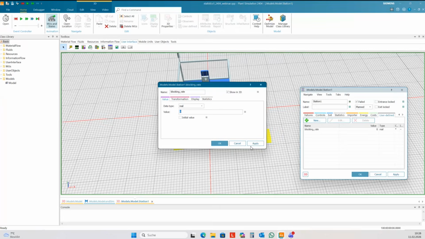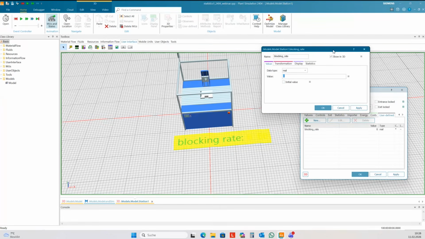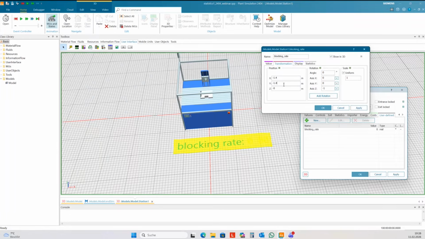And open dialog here. There you have also a dialog for this display field, and there you have a transformation, and then you can change the position, and you can rotate this and make it smaller or bigger if you want to do this.